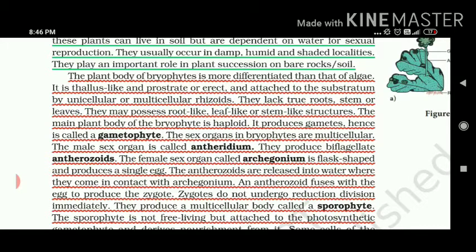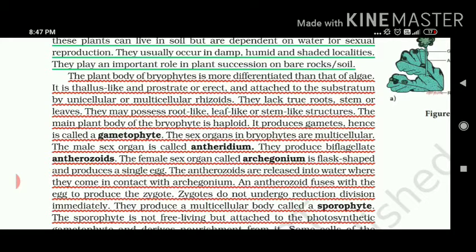But when two gametes fuse, means male gamete and female gamete, how can we write it? N plus N. What will be the result? 2N. So zygote is always diploid, either in plants or in animals or in humans. You have to note down this point. Gametes are always haploid and zygote is always diploid. These two sentences will never change. Gametes are haploid and zygote is diploid in nature.